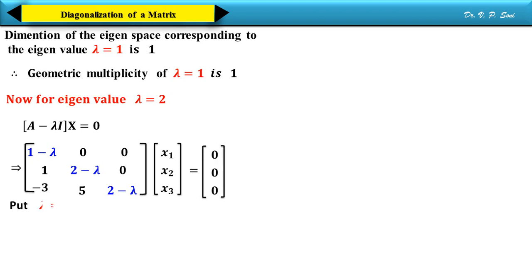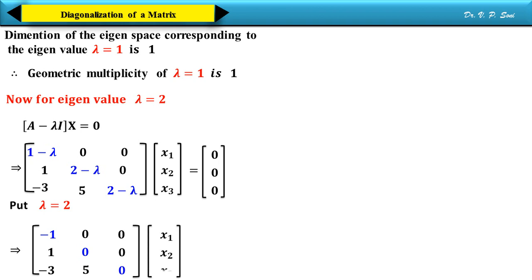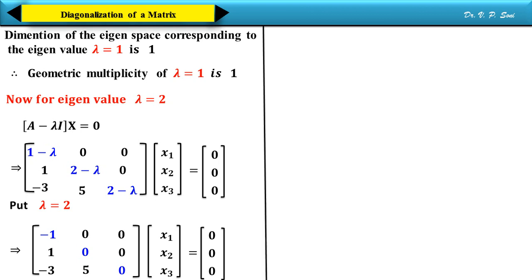Now put lambda equal to 2, then we get matrix whose first row minus 1, 0, 0, second row 1, 0, 0, third row minus 3, 5, 0 into column matrix x1, x2, x3 equal to column matrix 0, 0, 0. Now multiply two matrices, then we get